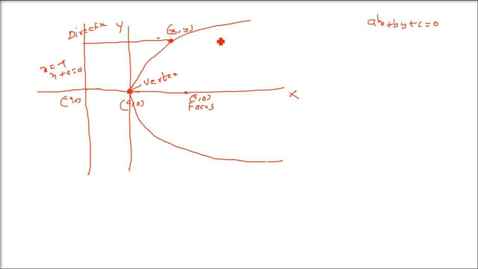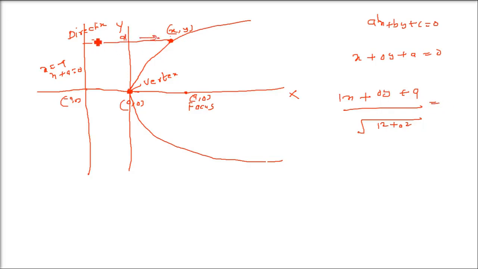Now any equation of a line is ax plus by plus c. How about the distance of any point from the line? We have to find the perpendicular distance of a point from the line, which we already know. So we can write this x plus a in the standard form, like x plus 0 y plus a, to imitate ax plus by plus c. Now put x and y here, divided by the square root of the squares of the coefficients of x and y. So 1 square plus 0 square, this is the perpendicular distance of x, y from the directrix.